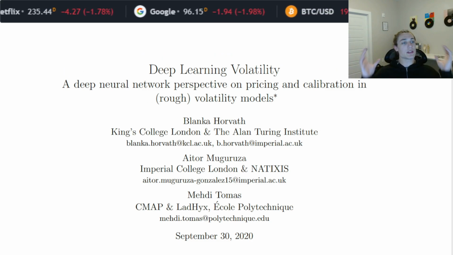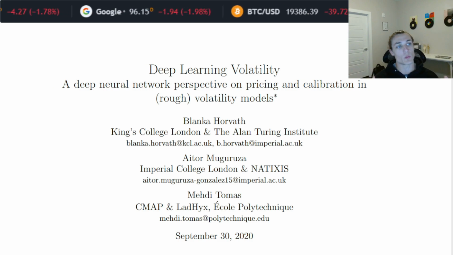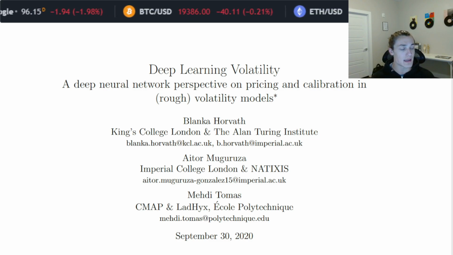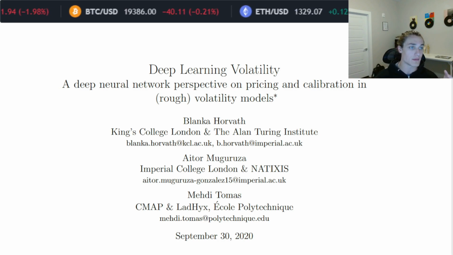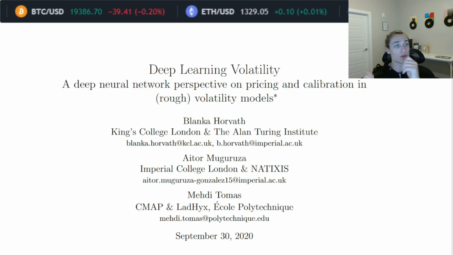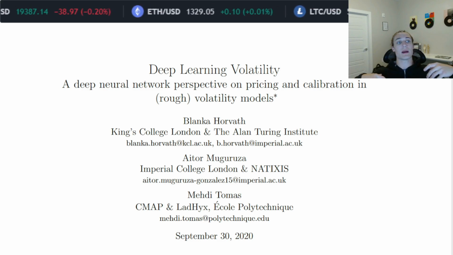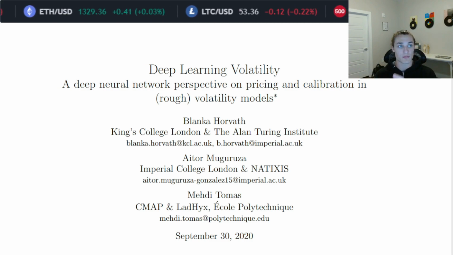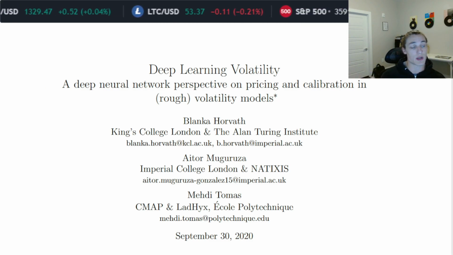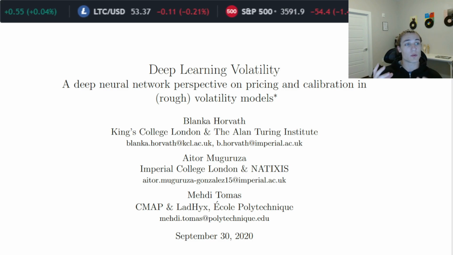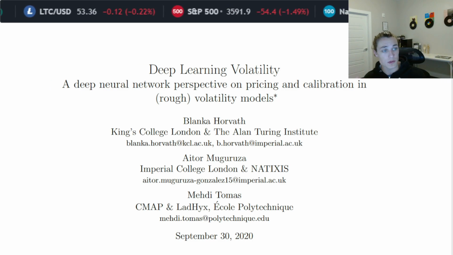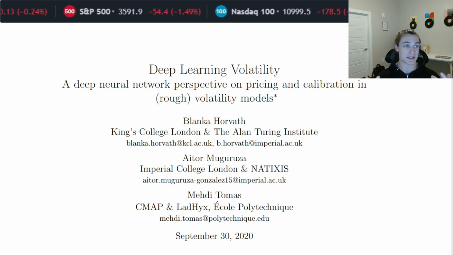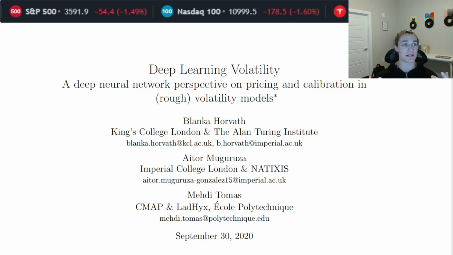So the traditional calibration problem is one where we have some model framework, say maybe a Black-Scholes or maybe a Heston, and we have some grid of vanilla prices that we would like to fit our model to, then go about pricing, say, some exotic instrument. Now, in the case of rough volatility models, unlike a Black-Scholes, unlike a Heston, where in Heston we have Fourier pricing and in Black-Scholes we have a closed form solution, rough volatility models are very computationally expensive to simulate and then subsequently